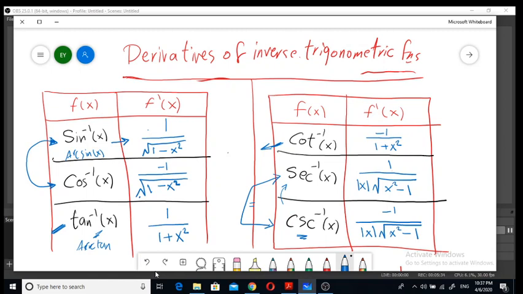But if we have an inside function here, like u, if u is a differentiable function with respect to x,